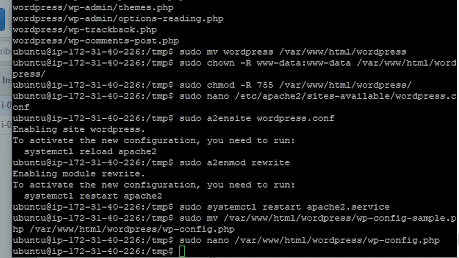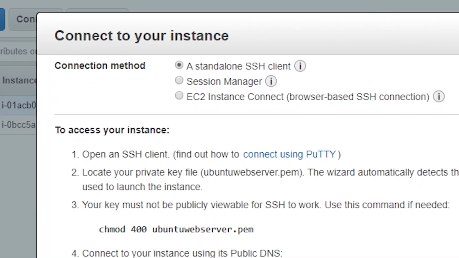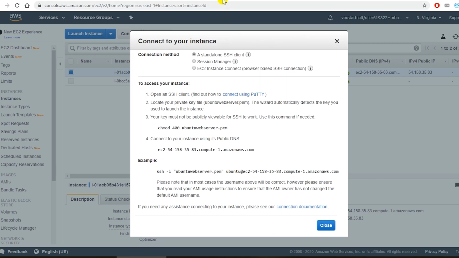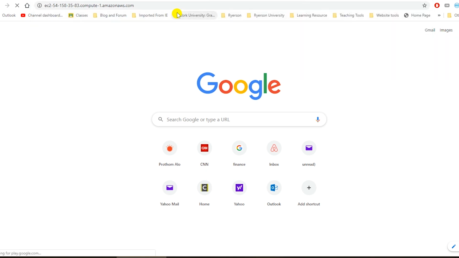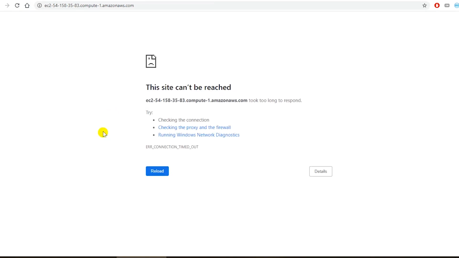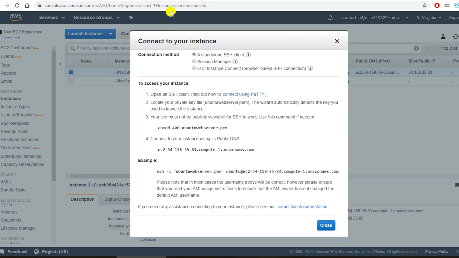Now my website should be ready, and I should be able to access the website by using this public DNS. So I go to Google Chrome and type the public DNS and press enter, and it cannot be reached. Let's check if this website is accessible. So I'll go to EC2 and look at the security. So I close the connect dialog box,